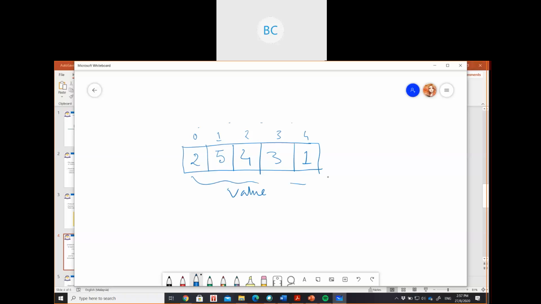Correct? So what happens in linear search? Your input size is what? What is your input size here? What's the size of your array?